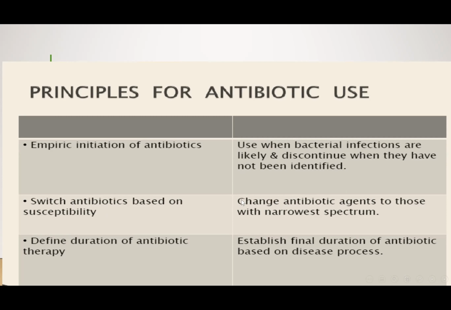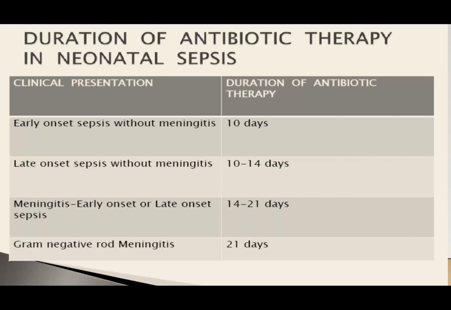If your unit is able to give it to you early, change to the narrowest agent. But you must define the duration of the antibiotic. If there is early onset proven sepsis without meningitis, you give it for 10 days. If late onset without meningitis, we can